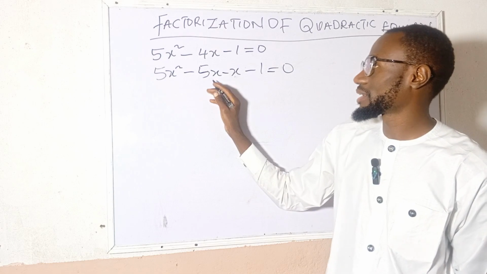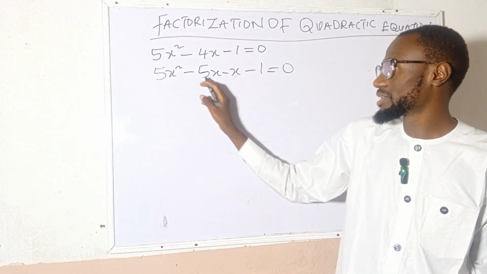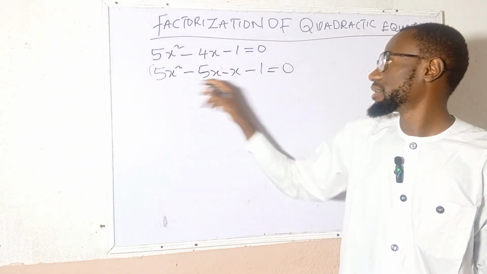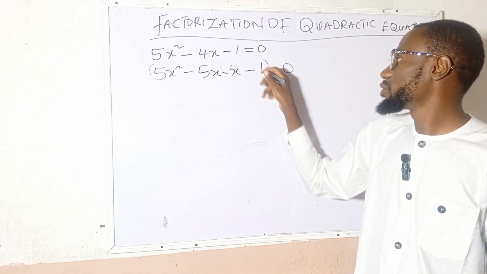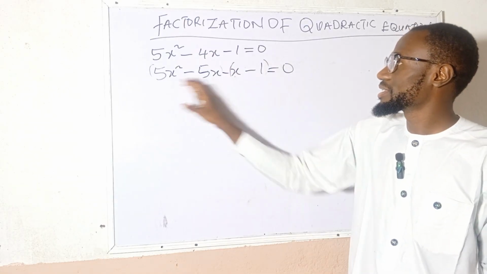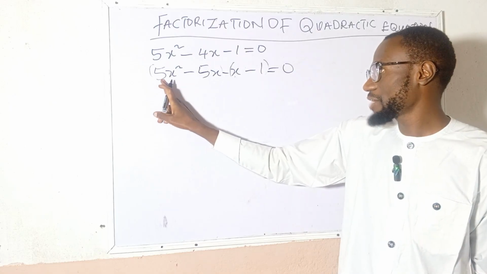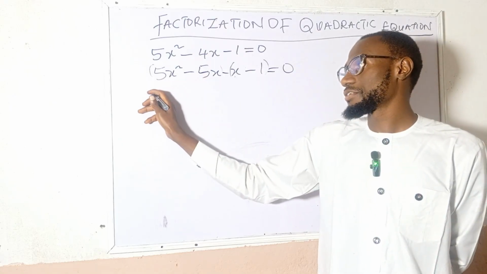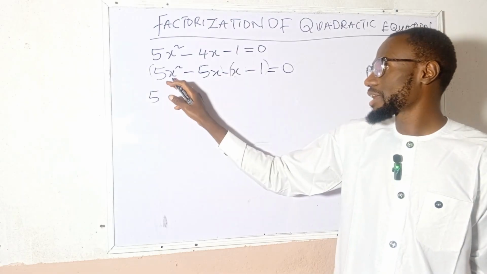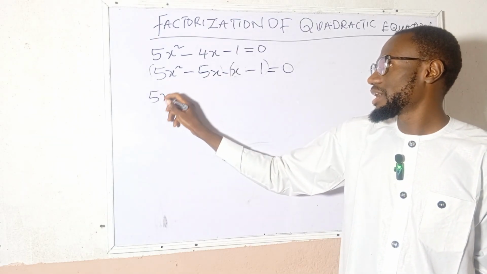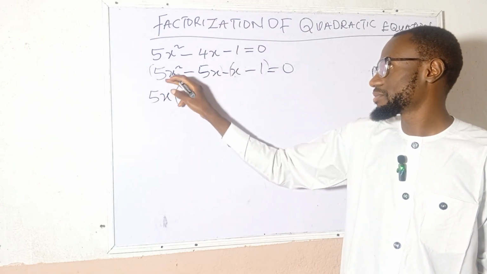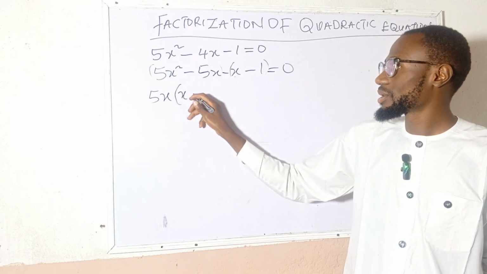Okay, now we can factorize. What is the common factor between here and here? Then here, I'm going to look at the factor here and here. What is the factor here? 5 is the factor here. We have 5. Again, the x here, x is the factor. Then inside the bracket here remains x minus